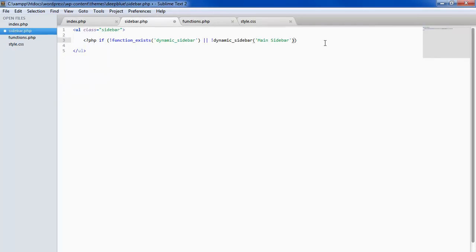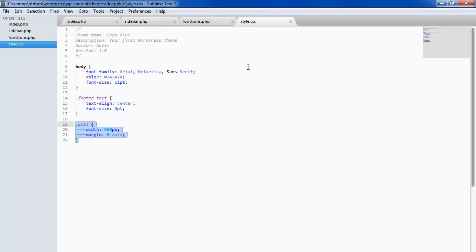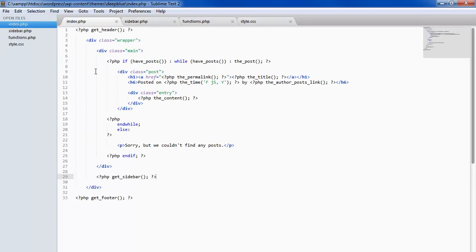So if there is no dynamic sidebar with the name main sidebar, then we just close off that if statement using the end if tag, and that should work fine for sidebar.php. All we've done there is call the sidebar that we've registered here, which means we can use it in our WordPress backend. So now we go to our style.css, and because we have just edited that index file,